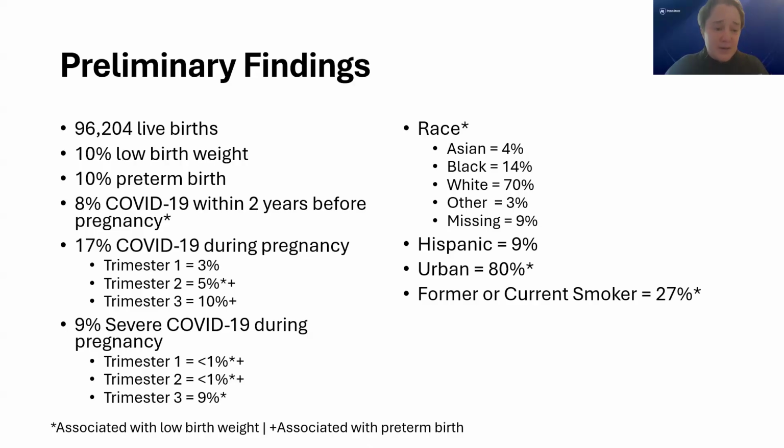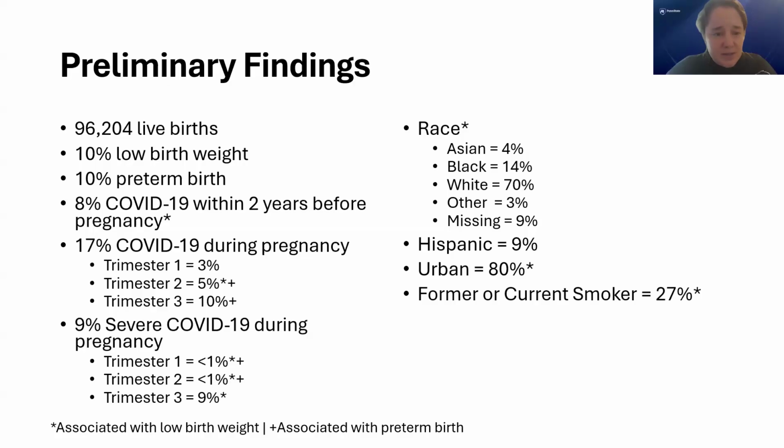If you had severe COVID-19 during pregnancy, you're more likely to have preterm birth in the first and second trimester, and low birth weight in all trimesters. And this may be due to not contributing the whole third trimester to our study cohort. So we're definitely going to keep looking into that and figure out a way to assess for that missing time of people that had preterm birth in the third trimester.